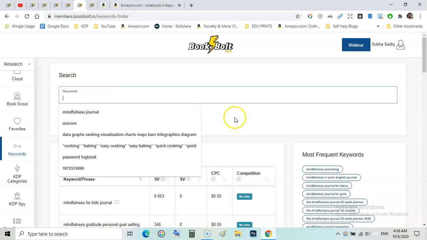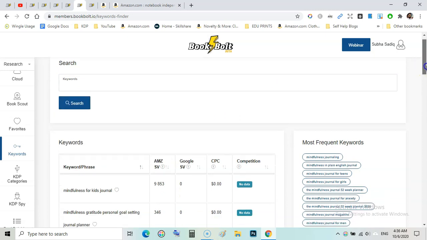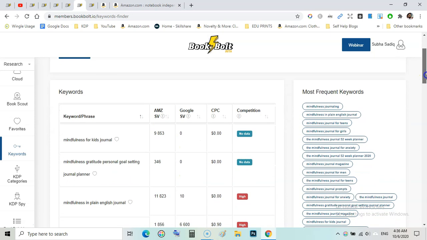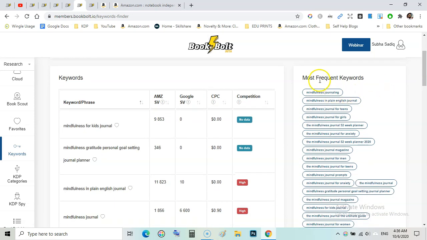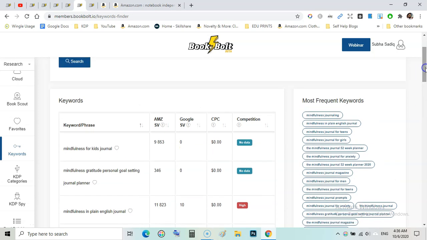I have typed mindfulness journal, and it gives me the most frequent keywords, used most frequently with relevancy to this keyword. This is the Amazon search volume, this is Google search volume, this is cost per click for advertising purposes, and this is the competition.